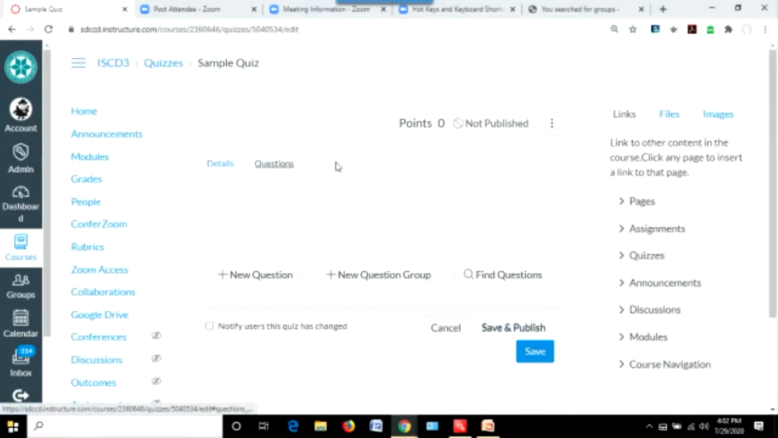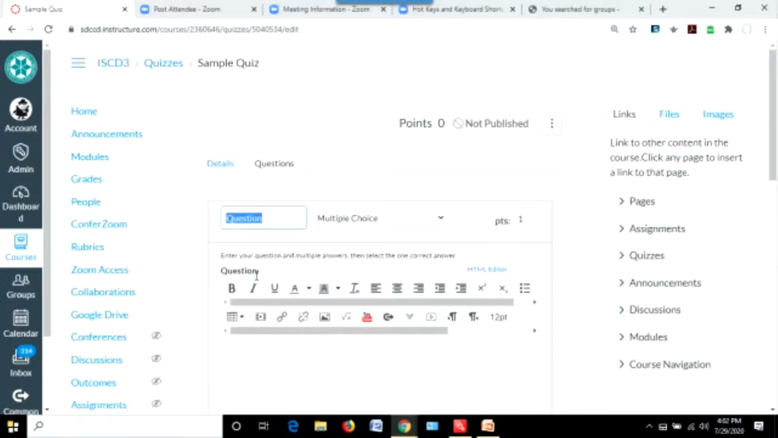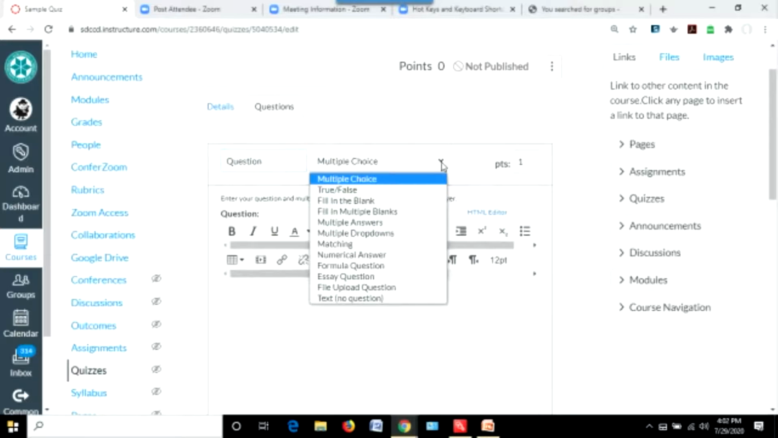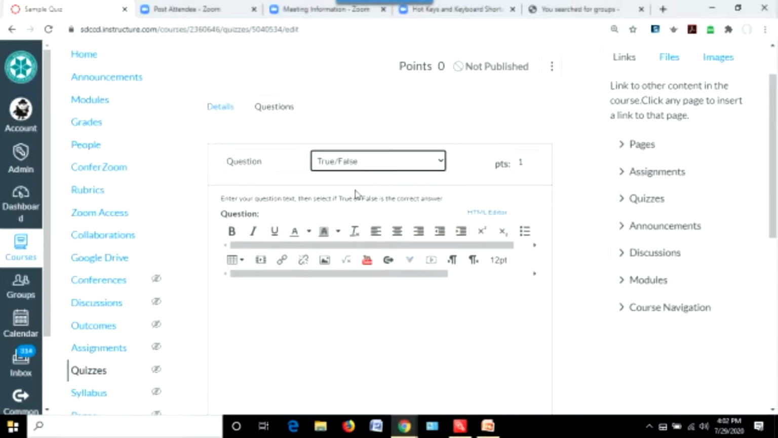To add questions, you have 3 buttons here, which correspond to 3 options for adding questions to the test. If you add a new question, that allows you to create a new question in Canvas using the Canvas question editor tool. You can select the type of question you want to have. There are quite a few question types. True, false, for instance. You can type